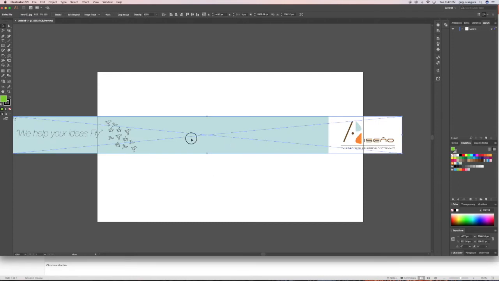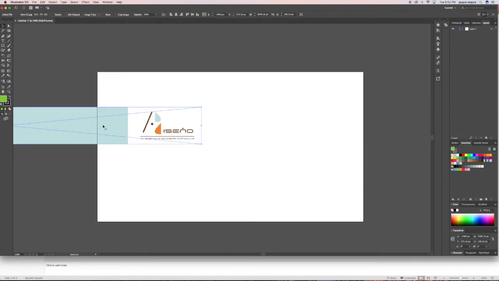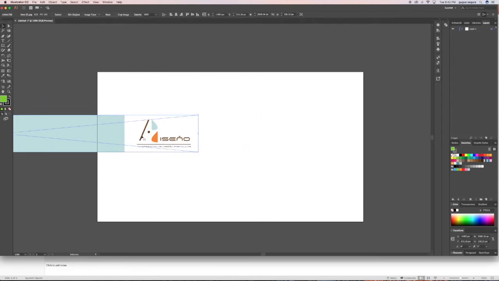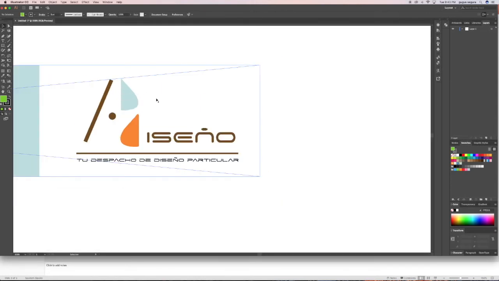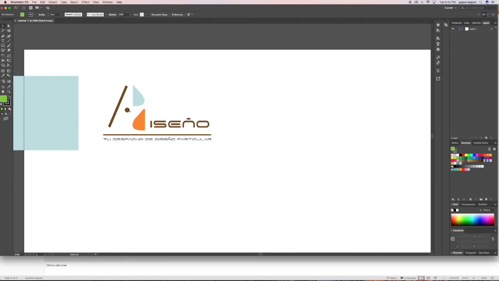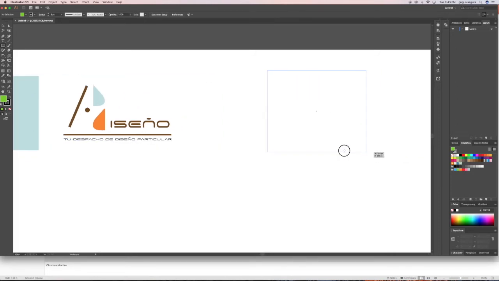As you can see, this is a JPEG file. This is an image. And let's say that I want to know the exact code of this color, because I want to duplicate that color